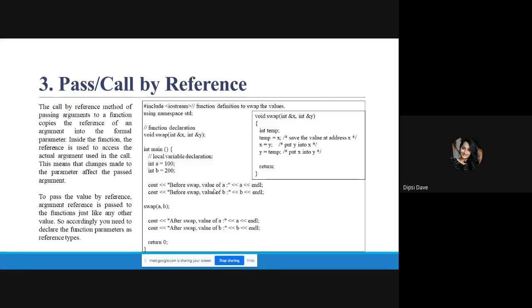Okay, so reference variable means it is just an alternate name of an existing variable. I'll give you a simple example: we all have a proper name at our school and college, or our workplaces or study places, but you might have nicknames given by your friends and family. See, the person remains the same, but that person is referred to by different names. So that is nothing but a reference variable. That means to the same location, you are providing another name. Same location, different names. Okay, so that is a reference variable.